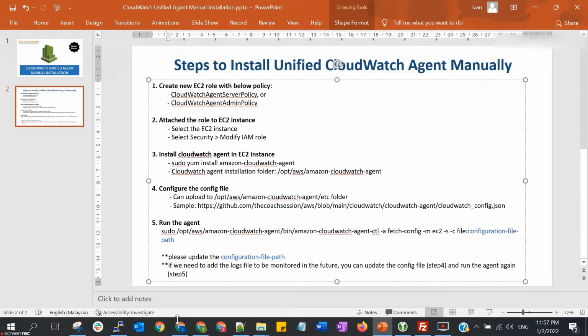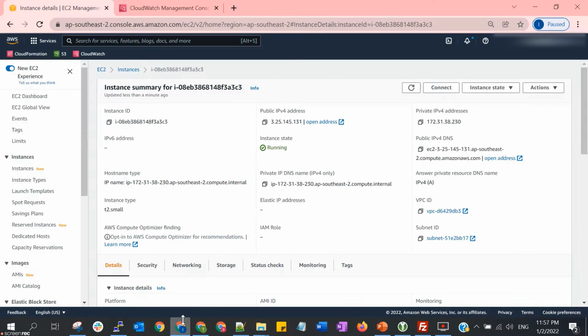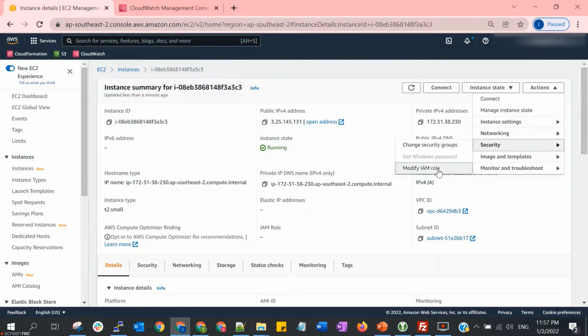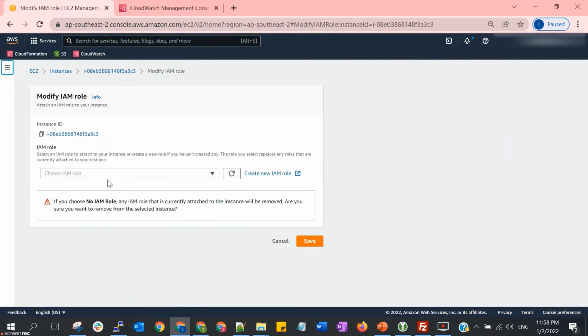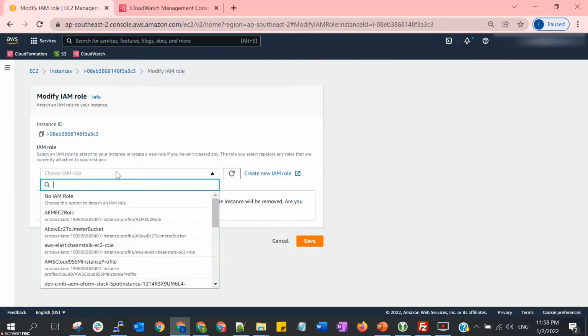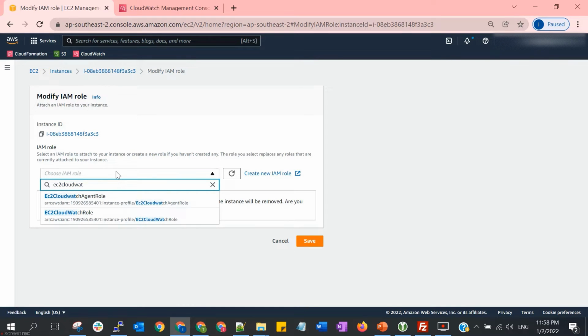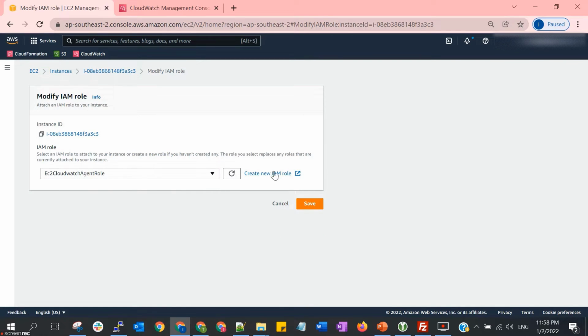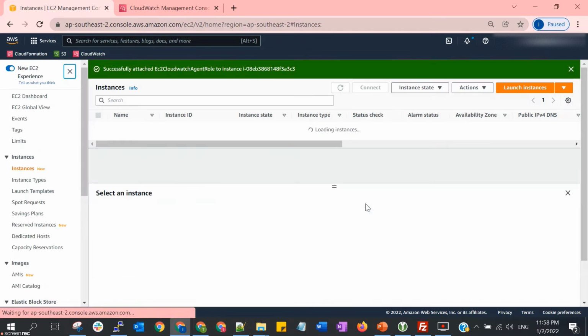Okay, so you can go to your EC2 instance. You can select Actions, then Security, and Modify IAM role. From here, you can search for your IAM role, the one that you just created, EC2 CloudWatch Agent role, and then save.